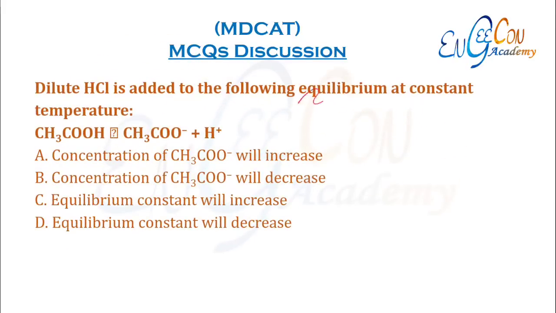Dilute HCl is added to following equilibrium at constant temperature. So what happens with addition of dilute HCl? So HCl gives H plus and Cl minus ion. Now this H plus is a common ion also present in this acid, so it suppresses the ionization of this acid. So acid की ionization suppress होने की वजह से हमारे पास इस ion की concentration decrease करेगी।